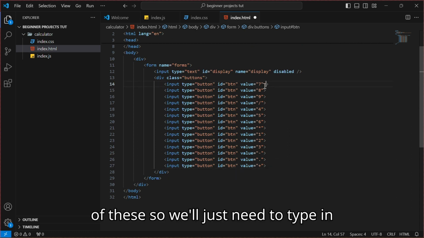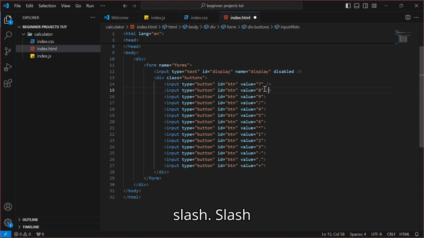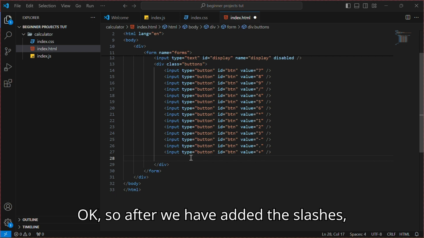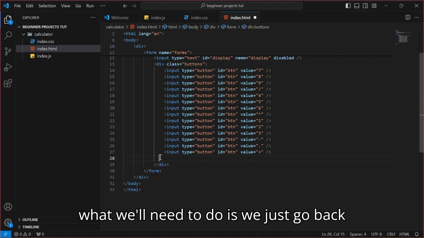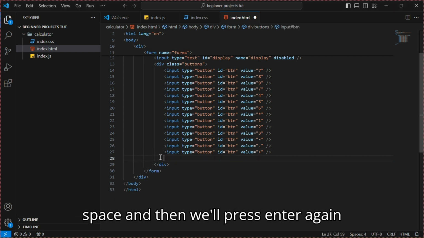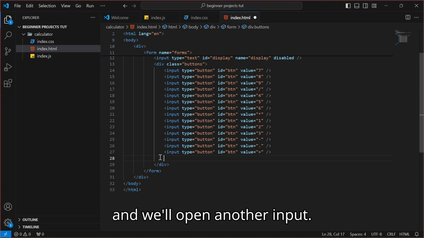So we'll just need to type in slash, slash, slash, slash. Okay, so after we have added the slashes, what we'll need to do is we'll just go backspace and then we'll press enter again, and we'll open another